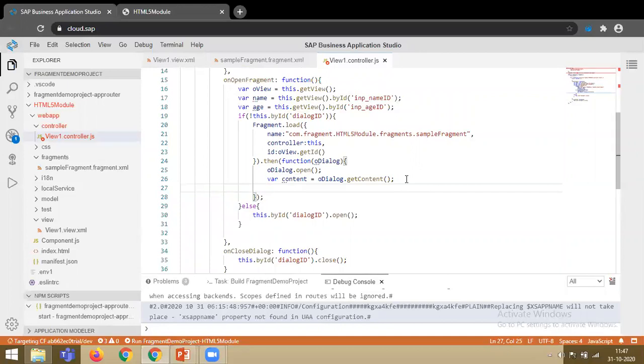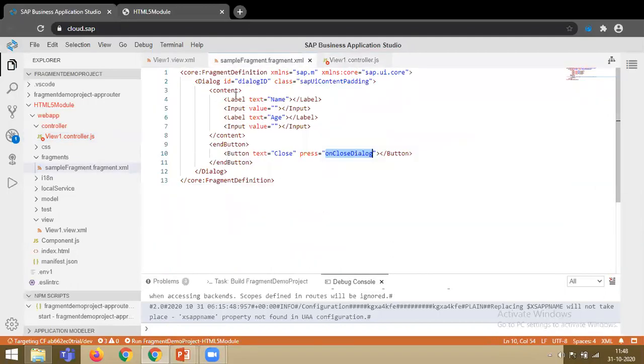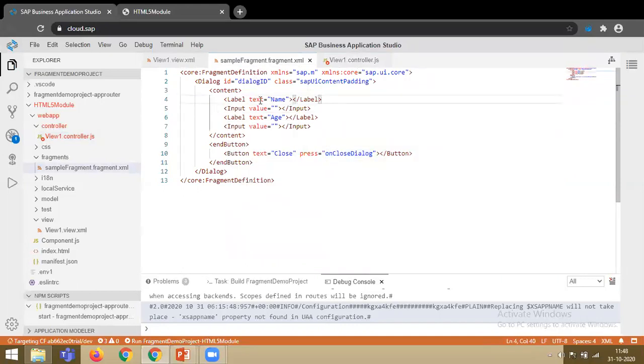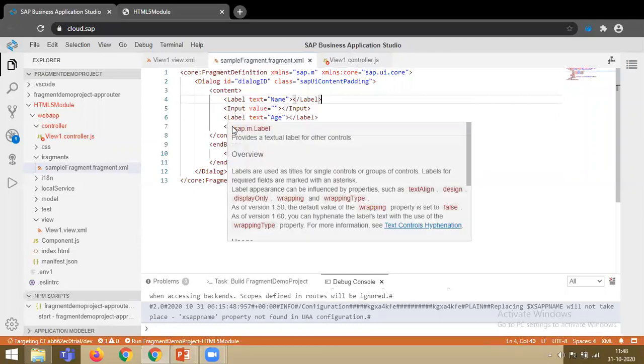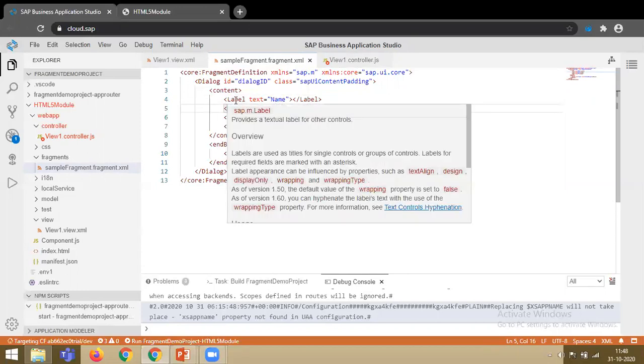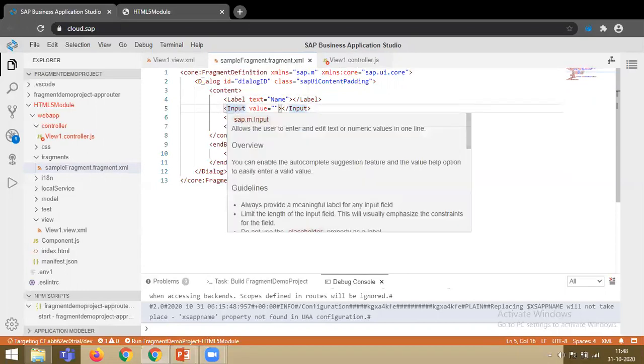Always remember, our content is the text, the label, the input. Same like array index, at the 0th index our label would be there, after that our input, and again label and input. So I need to get the input field of the name, which is in the first position. The 0th position is the label and the first position is the input.